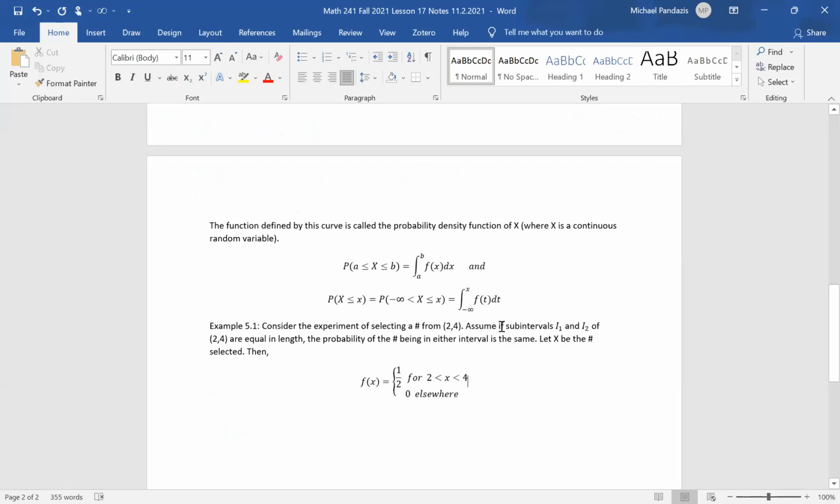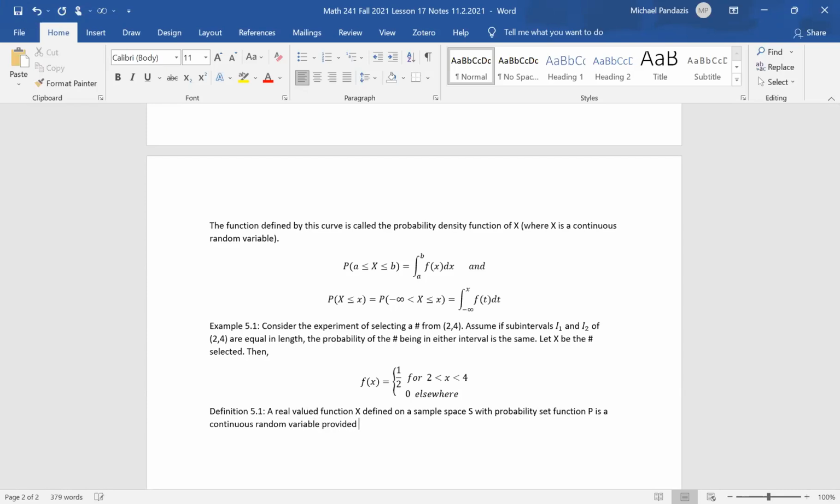So we get this PDF from this assumption that subintervals I1, I2 are equal in length, and the probability is the same of a number being selected in either one. Okay, so now the definition, 5.1. A real valued function, capital X, defined on a sample space, capital S, with probability set function, capital P, is a continuous random variable,